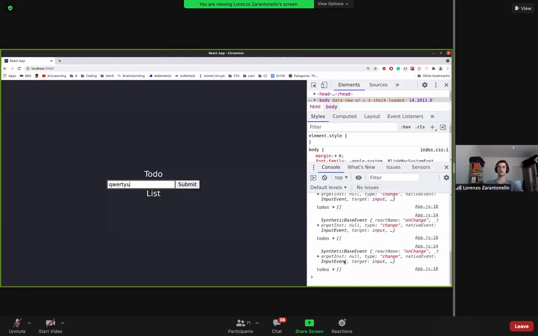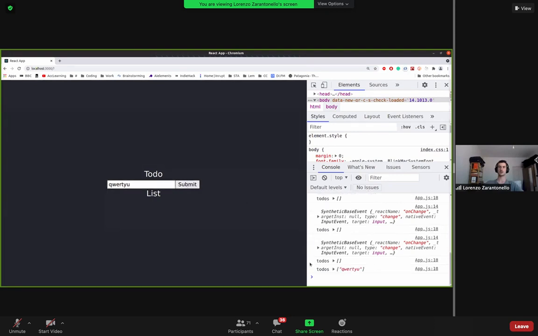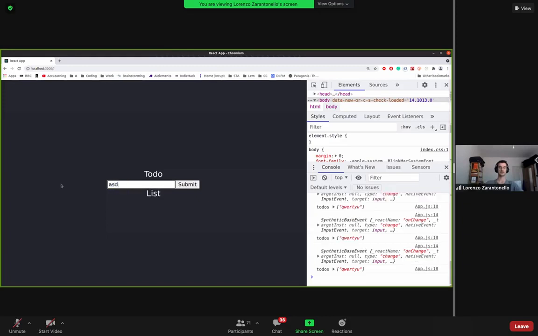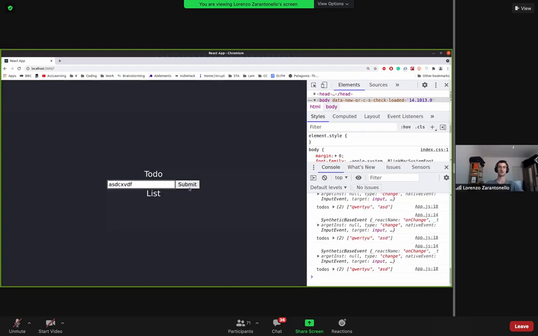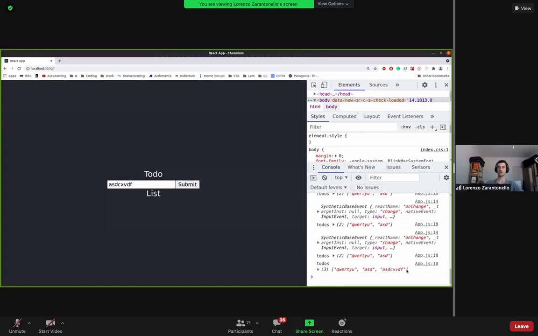So this is the text. We can see that as usual it prints everything. Now I'm going to submit it, and we see that in our to-do array we have a first string. Now I'm going to try something else. Submit again. Now we have an array with 2 elements and 2 different strings. Good, it seems to work. That's interesting. Submit. Now we have 3 strings. Okay, this is good, but